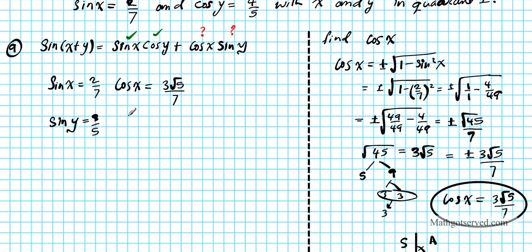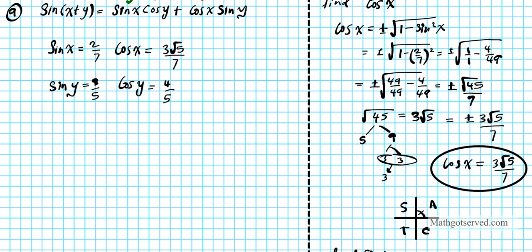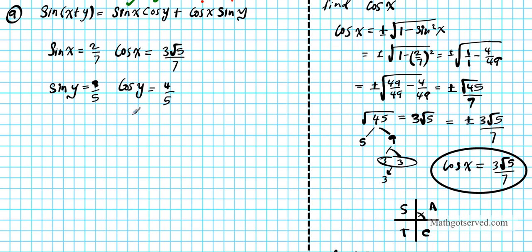And then cosine y is 4 over 5 from the original question, okay? So we're now ready to plug everything into the problem to solve it. So we're going to have sine of x plus y equals sine x, which is 2 over 7, times cosine y, which is 4 over 5,